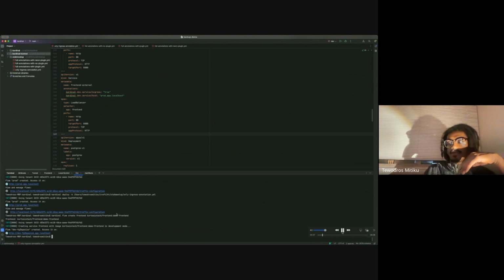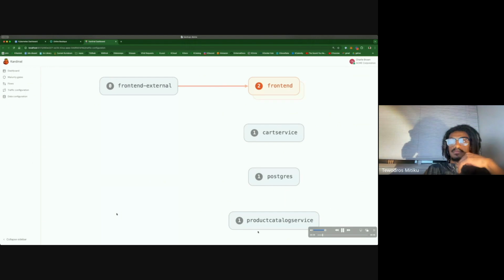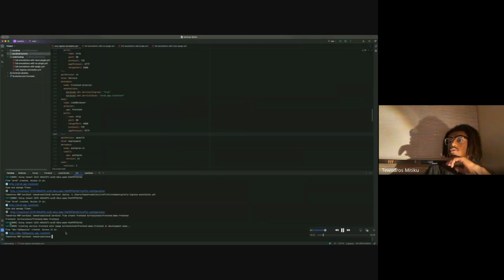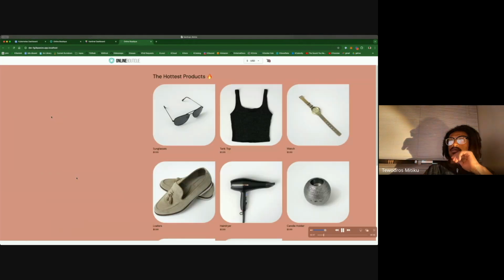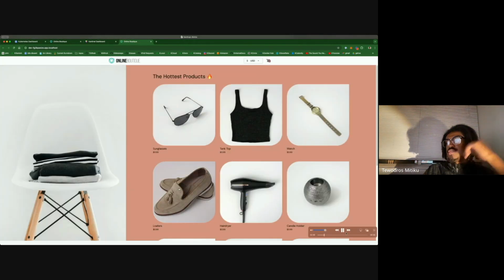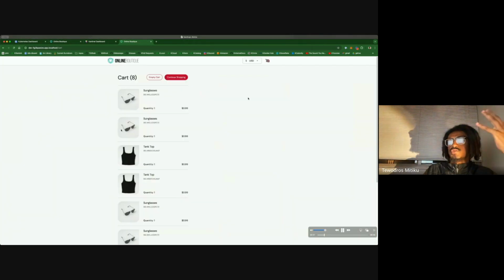And we can access that flow via, so here's the updated front end. We can see that we've got both versions of the front end running side by side within the cluster while maintaining the original versions of the cart service, Postgres service, and the product catalog service. And let's actually play around with it. It may take some time to, there we go. And so you can see this is a dev version. It's got a change to it.